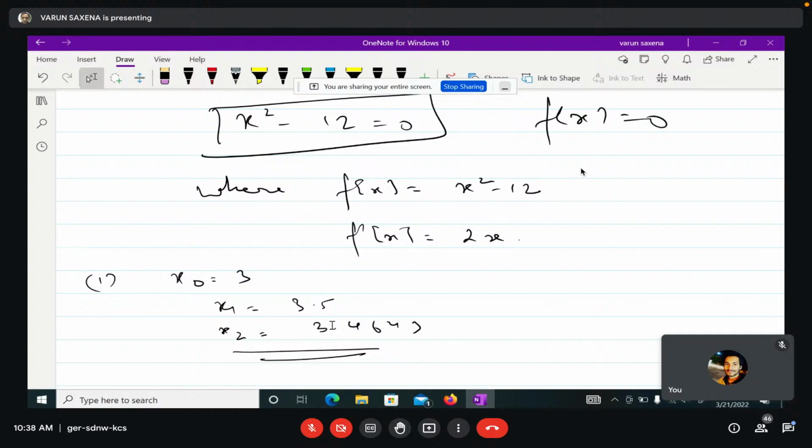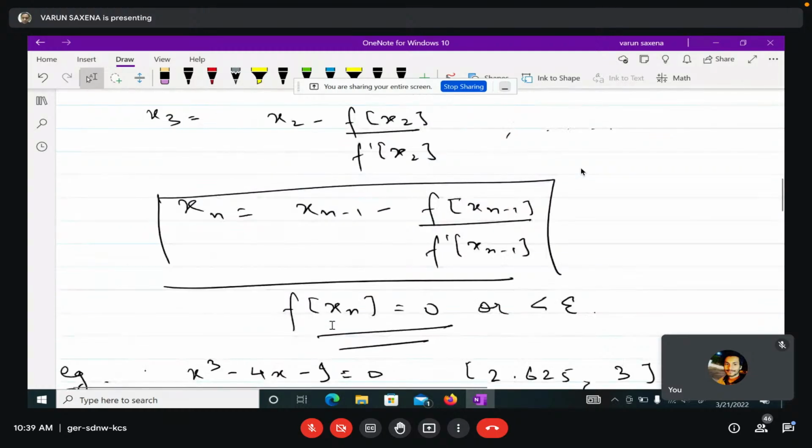So one thing is very clear about the points where it will not work. This will fail if f dash x(n-1) is equal to 0, which means that the slope of the curve is 0. If you're iterating and you reach a point where the derivative of the curve at that point is 0, it means that the tangent is parallel to the x-axis, and you cannot proceed further, because then this is going to be infinite and come into all sorts of problems. We'll